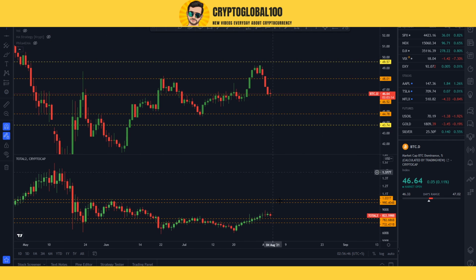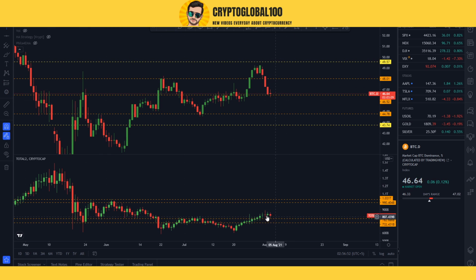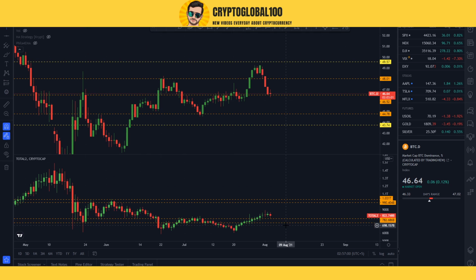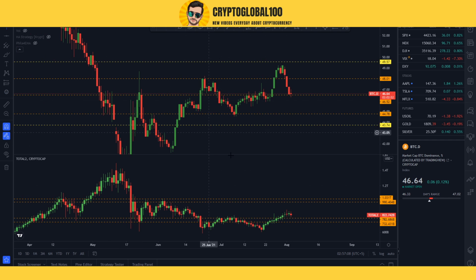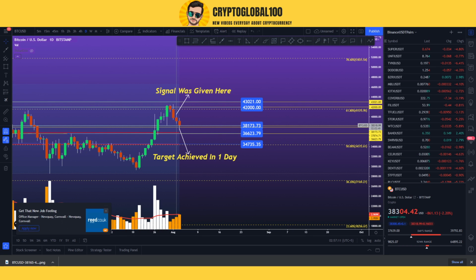On the downside, if we take a look at the total coin market cap, it is also near the support level. You can see this red candle is near the support. So if this candle falls further, we might see alts crash as well. So this is an important chart. You can compare these two charts with the real market price.